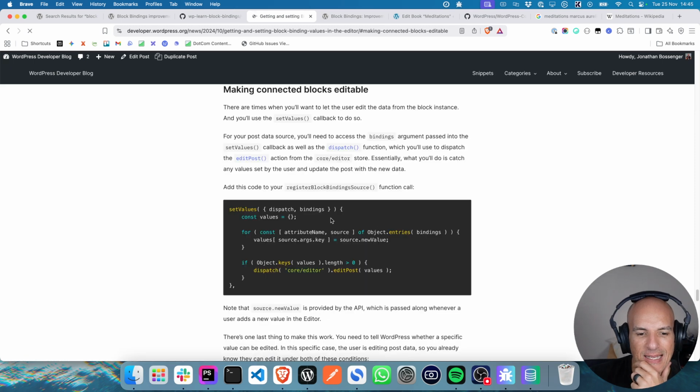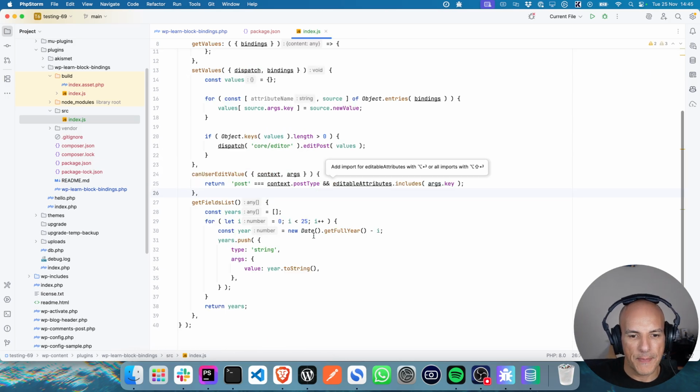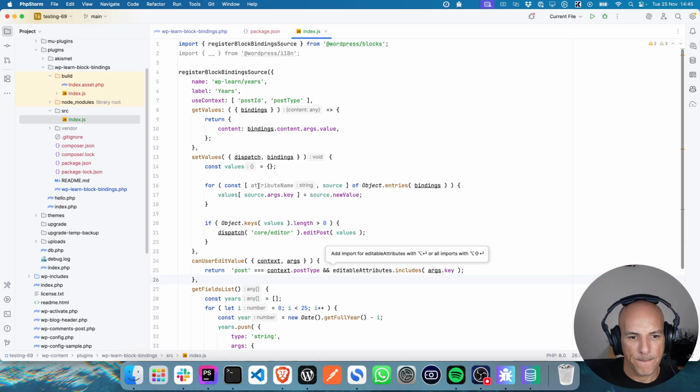Oh, that's for making connected blocks editable. Okay, so it can't do what I want to do, which is fine. I don't expect it to do that.